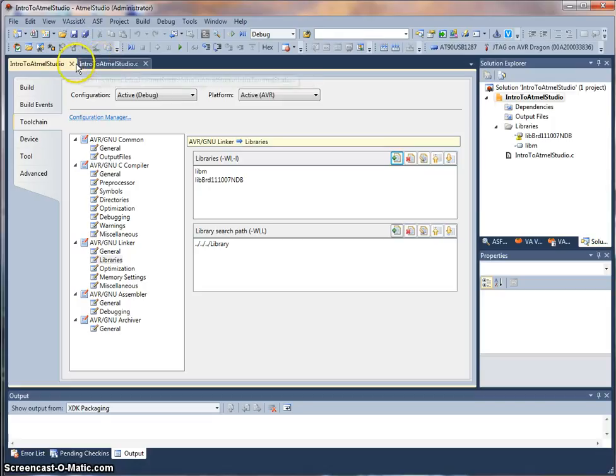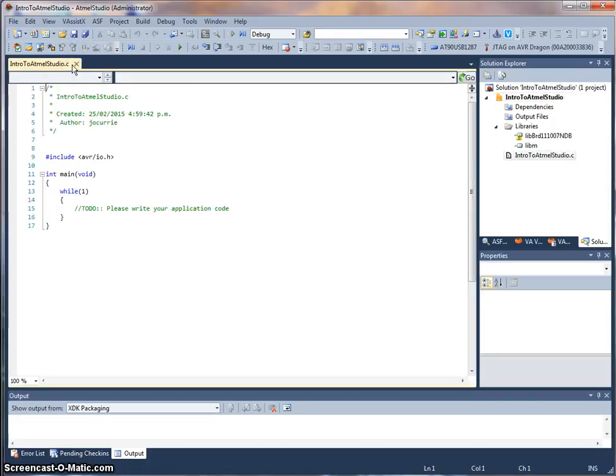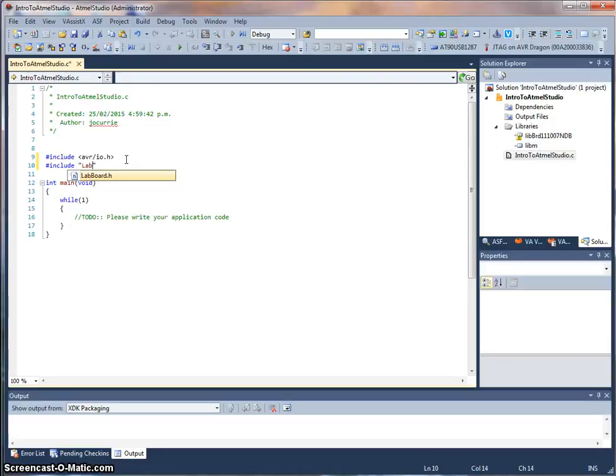If we return to our main C file, a couple of things we're going to do. First of all, we're going to add in the main header file that we've just enabled us access to. So include, then in quotes labboard.h,